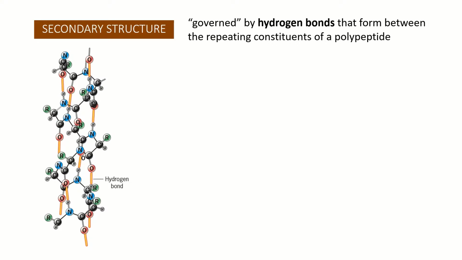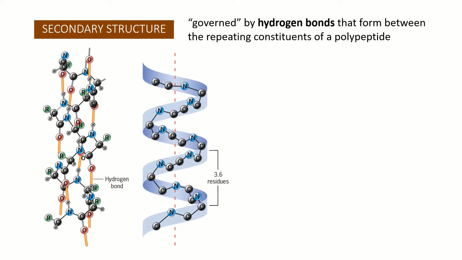One possible conformation of the secondary structure is the formation of a helix, as shown here. You can see in this helix structure that all of the R groups or side chains of the amino acids are projected towards the outside of the helix,